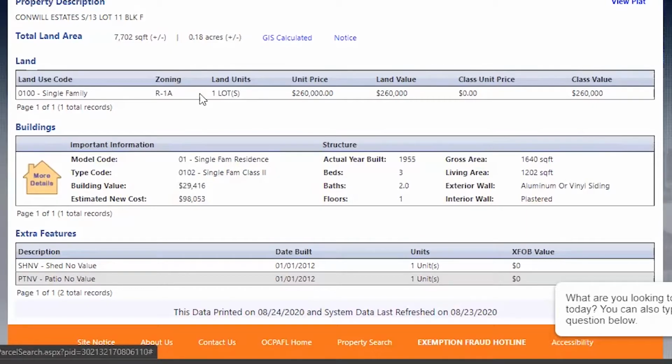It also will many times give you the lot dimensions. In this case, it's just showing one lot. And it'll give you information such as, do you have patios? Do you have other additions that are relevant to you? Is there a structure, a large shed or workshop, that's built on? It'll give you that information. And then flipping over to the